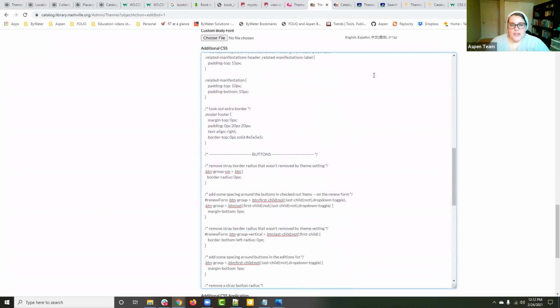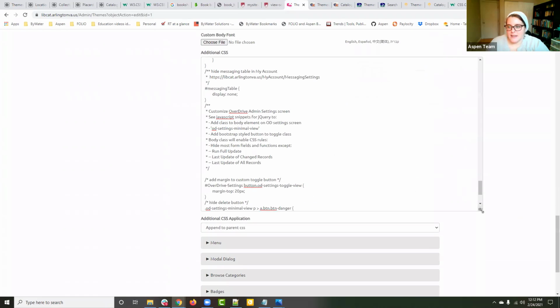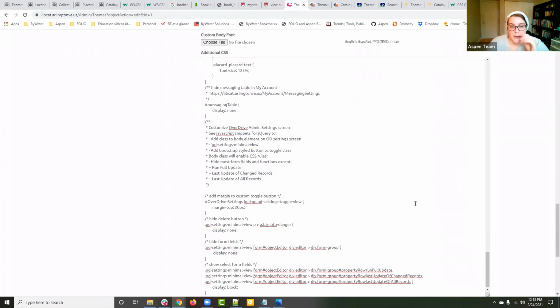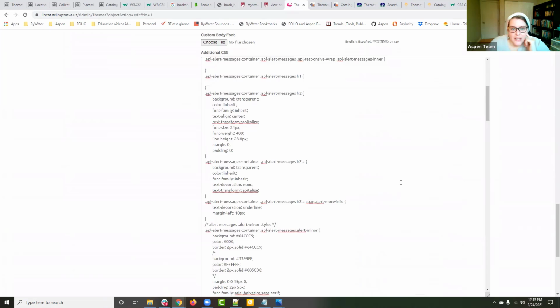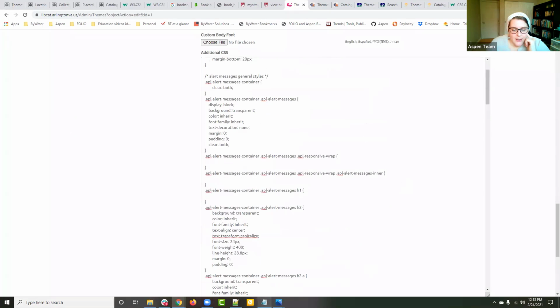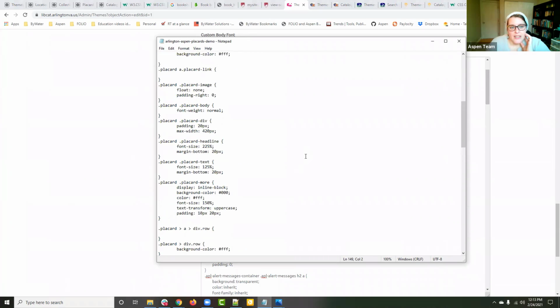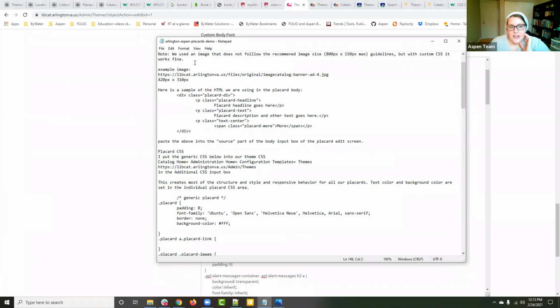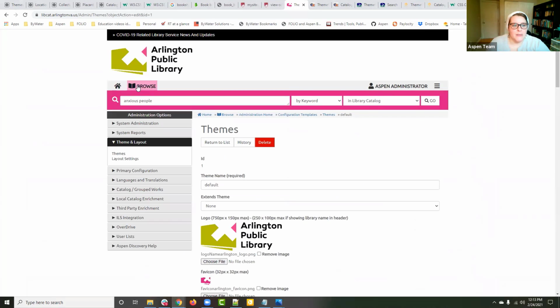And then, so what Arlington has done, and this code is amazing. I love it. I'm just totally geeking out about everybody else's code. And he's got pretty good notes in here too. So I have this, which I can share in the Aspen Slack in the Placards channel. This is code that Jonathan from Arlington has sent me. And he's got notes in here and everything of how to get the placards to change. So if you guys have seen the Arlington placards before,